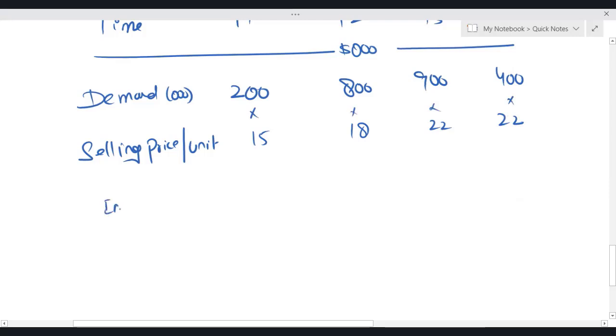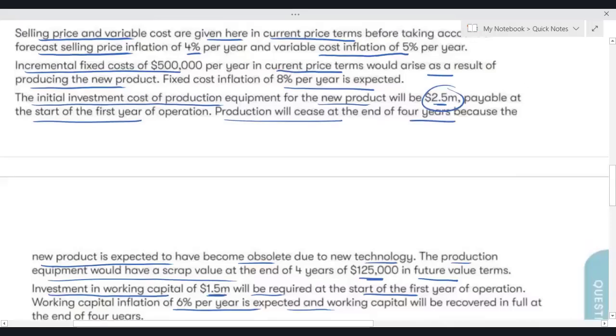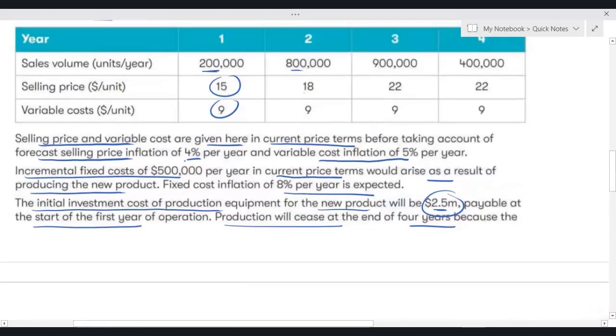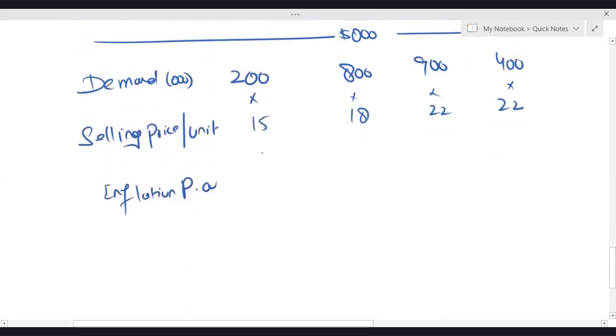Inflation per annum. Let's see the percentage of inflation for the selling price. Selling price inflation is 4% per year. So simply 1.04, then 1.04 squared, because the second year is going to be power 3 and then